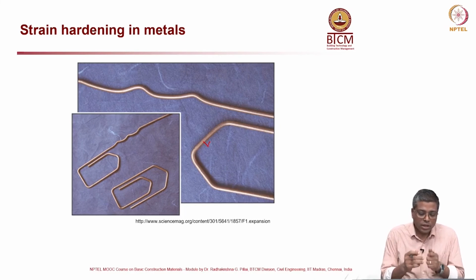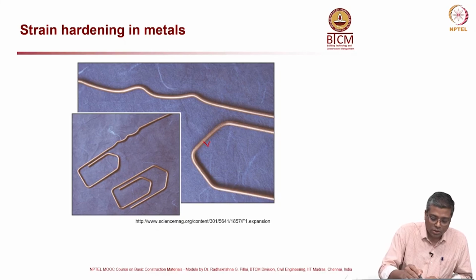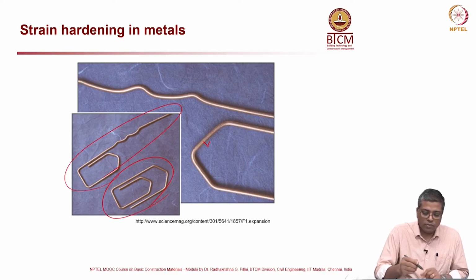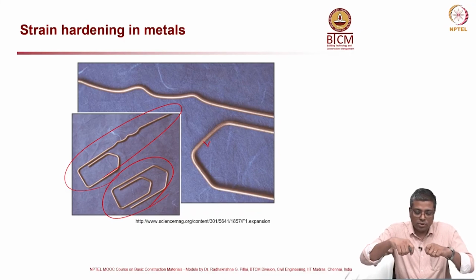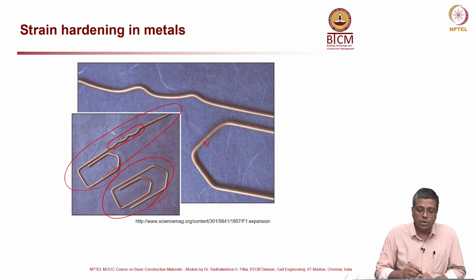Now, strain hardening, this is an example which you may want to practice. You take a paper clip and try to open the paper clip. Once you open it, you will see that you will not be able to keep it straight like this. It is very difficult because the bent portion is already having